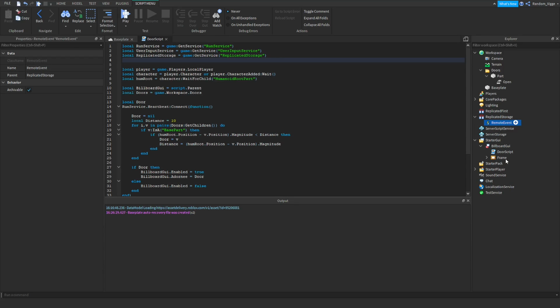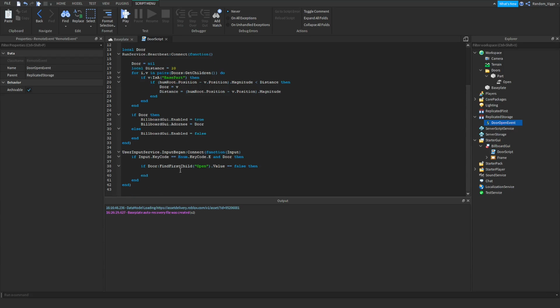So make a remote event inside ReplicatedStorage named door open event. Then we're just gonna make a variable for that. So local door open event is equal to ReplicatedStorage.DoorOpenEvent. We don't have to use WaitForChild because ReplicatedStorage doesn't have to load. And then door open event:FireServer